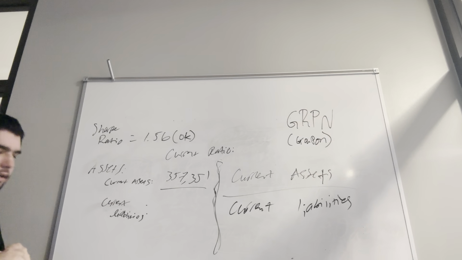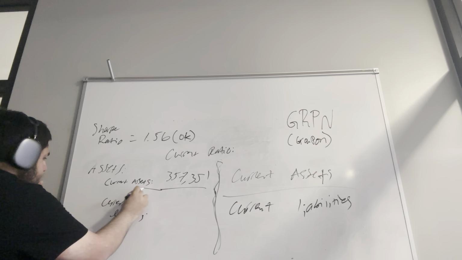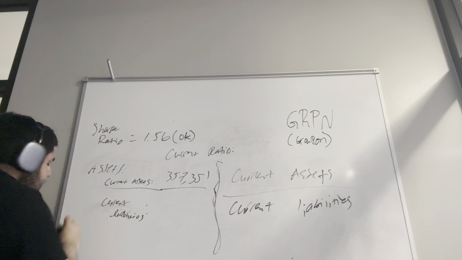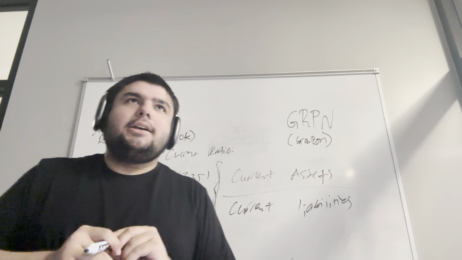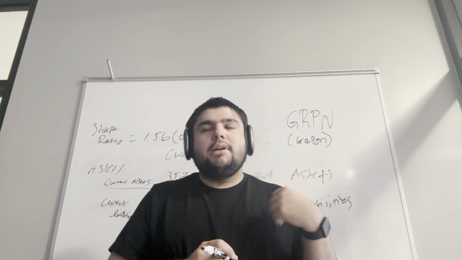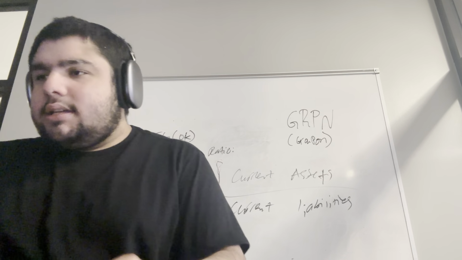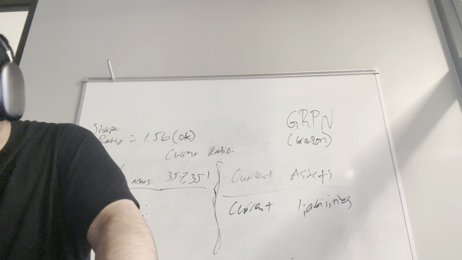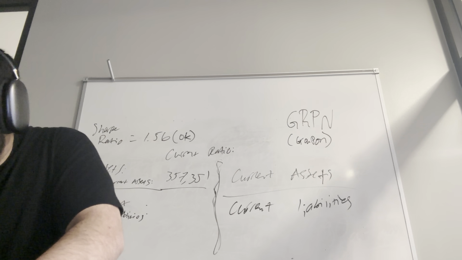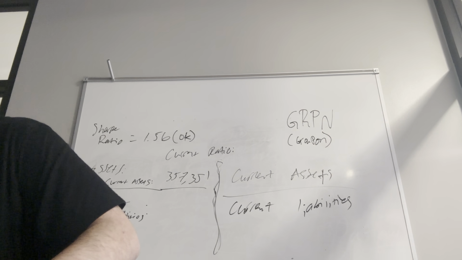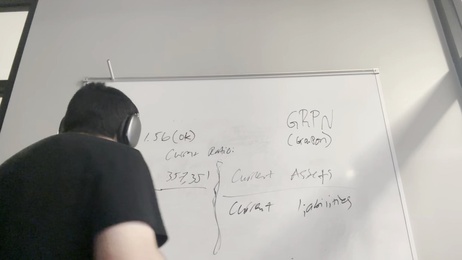It'll actually be under liabilities and equity. The accounting equation is assets equals liabilities plus equity, but they might do liabilities and equity. It just depends, but either way, you're gonna find an item that says total current liabilities, which is